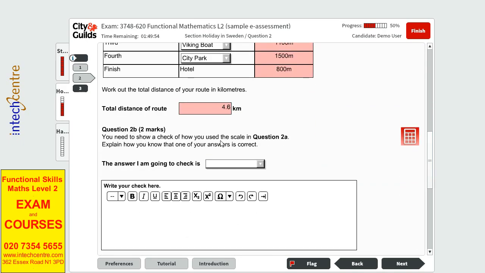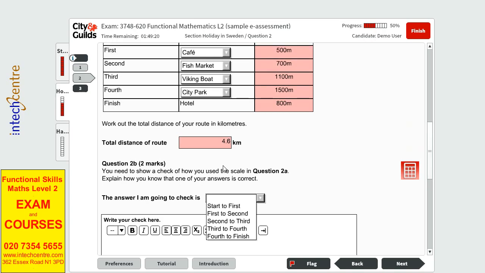Question 2b, you need to show a check of how you use the scale in question 2a. Explain how you know that one of your answers is correct. We have to figure out first which check we are going to pick. We know that